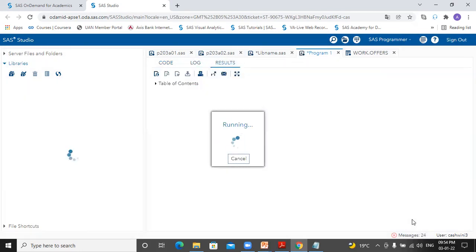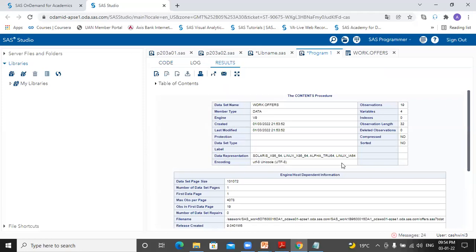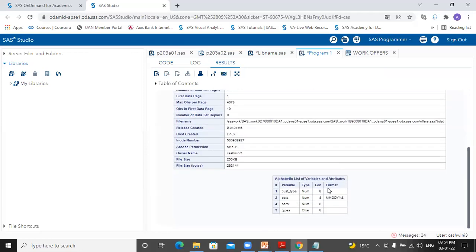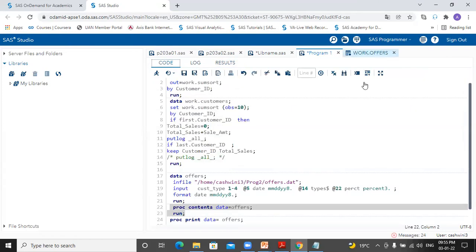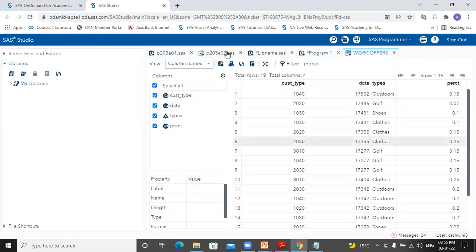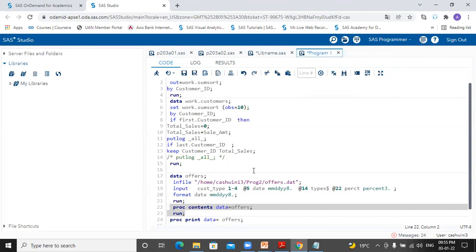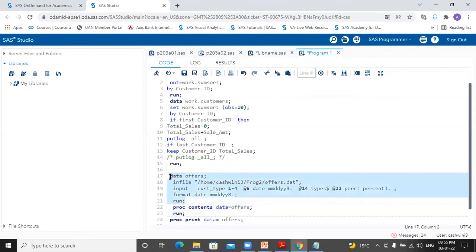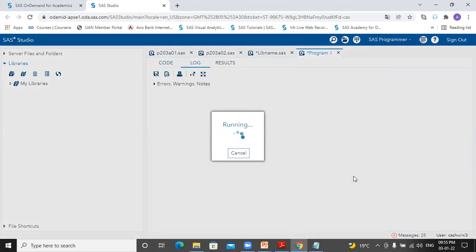It gives you the descriptive portion of your data set. At the bottom we have the format attribute added. For my date we have applied a permanent format, so whenever we open this data set, the date will always be displayed in that format.